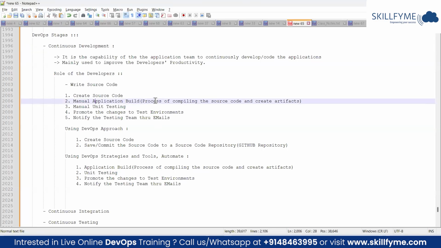When I say application build means the source code, whatever the developer creates, right, it will be in a high level language like Java programming. It is a high level language that has to be converted to the machine level language for the execution. So build means it is a process of compiling the source code and create the artifacts. So artifacts are nothing but the binaries. It can be in the form of WAR file, or it can be form of jar file, or it can be in the form of exec or DLL kind of things. Any executable code that can be deployed in target environment, that is artifacts.